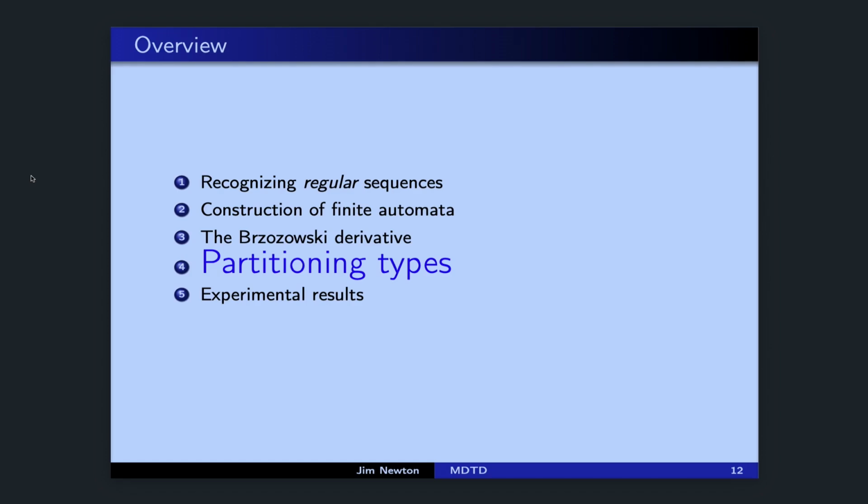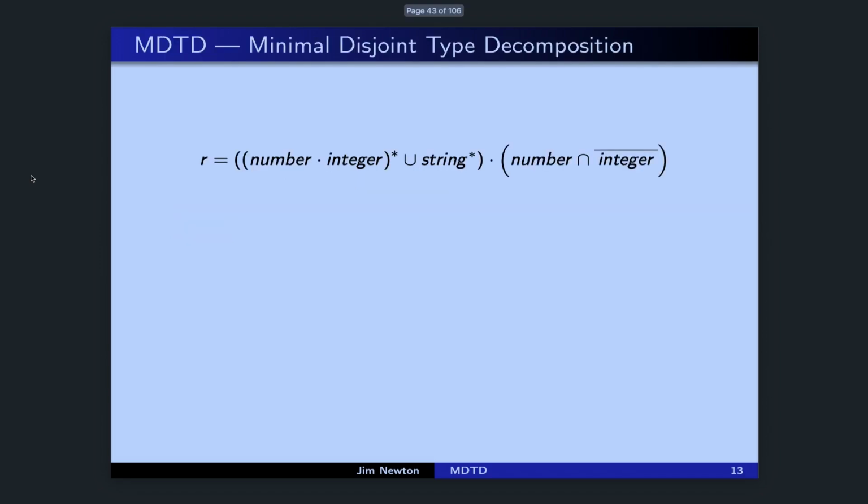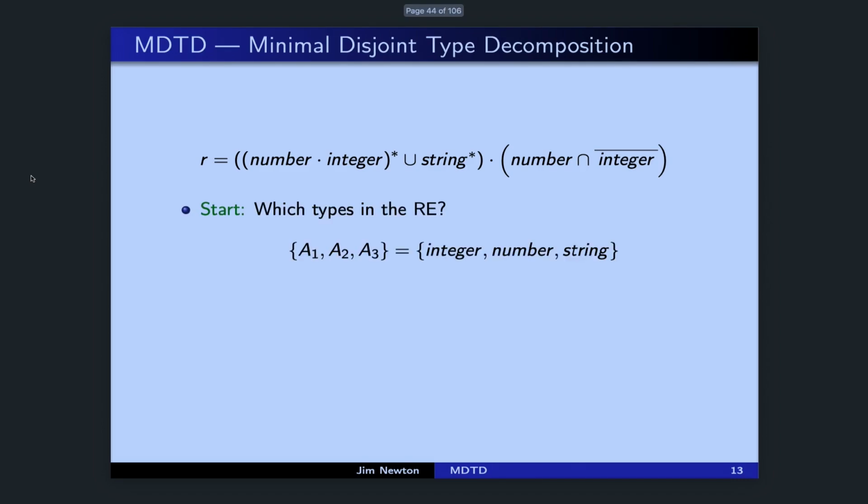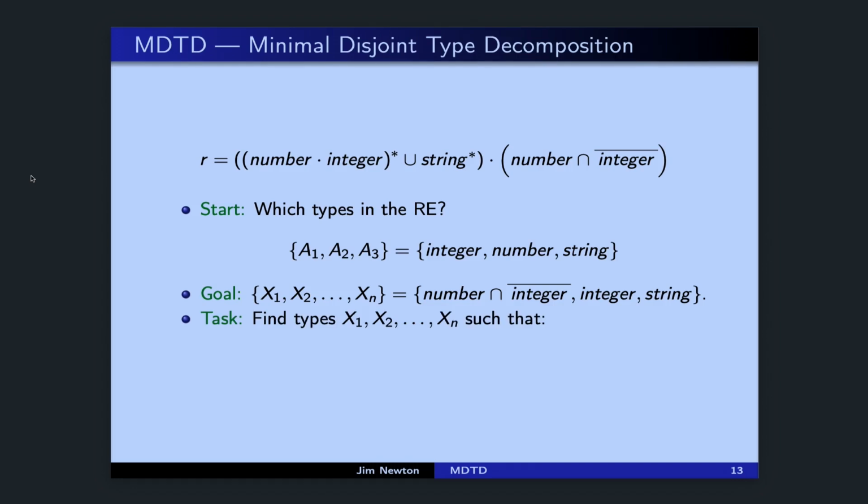So now we know how to construct the finite automaton, but we need to know which values of X we use for the derivative. So given the set of types, we want to start with the set that's given: integer, number, and string. And we want to compute this partition: number and not integer, integer, and string. And these types obey